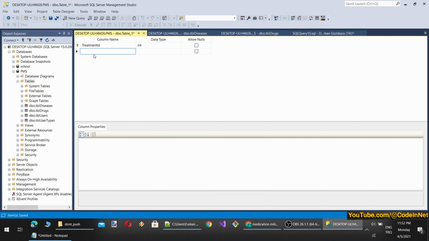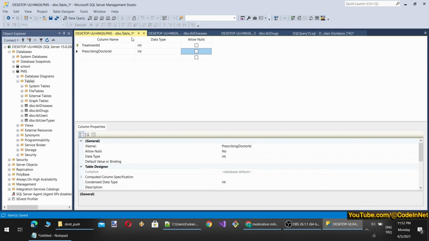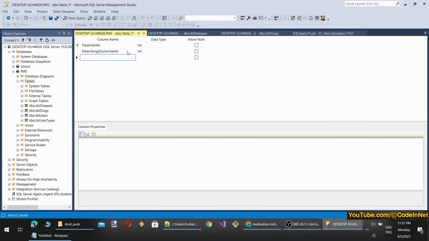And this treatment table will include doctor. So the treating doctor, or let's say prescribing doctor. So this will be the doctor user ID. Then prescribing doctor user ID, patient user ID. What else there can be? Prescribing doctor user ID, patient user ID, prescribed drug.